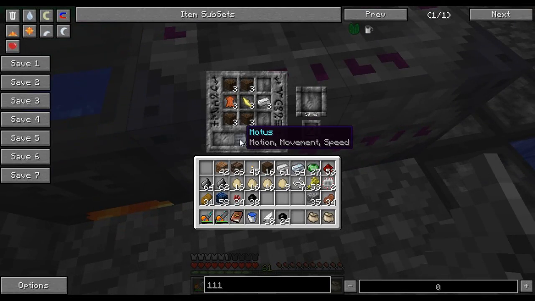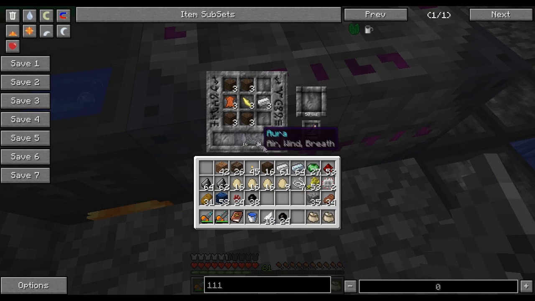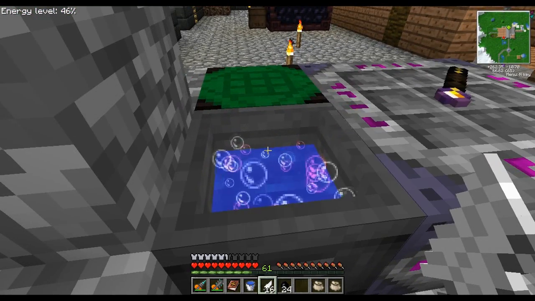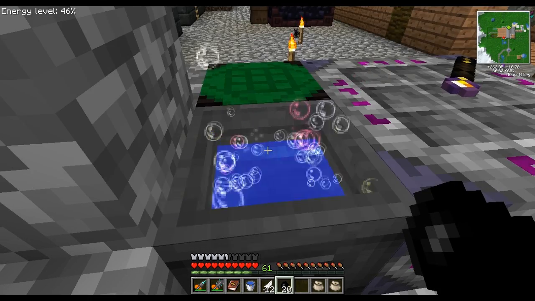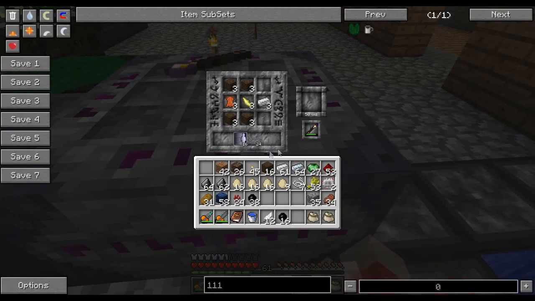Now for this guy I need 16 modus, which is going to be 8 rubber, and then I need 24 aura, which is going to be 6 feathers. We're going to toss these in. 1, 2, 3, 4, 5, 6. 1, 2, 3, 4, 5, 6, 7, 8. We're going to come over here